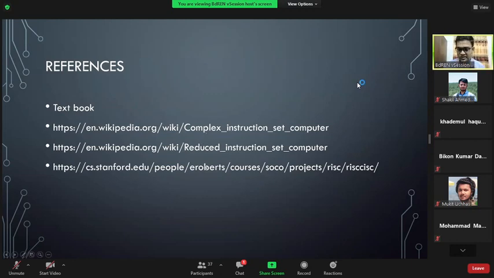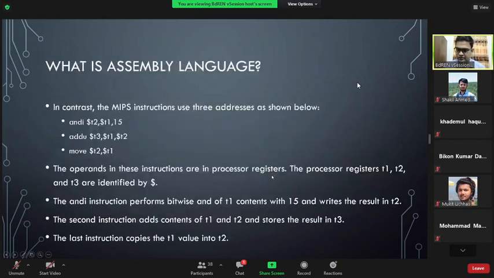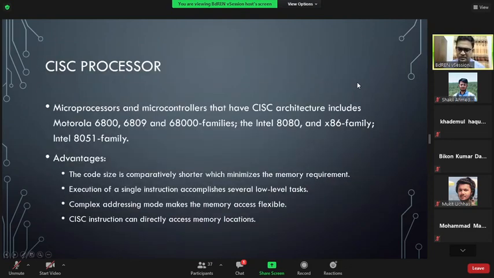It's the easiest option, and you can read a lot of description about it. Or you can go, this is the Stanford University website. You can go and learn from there also. They have also written in a very nice way. Or you can go to the textbook. You actually need to read.